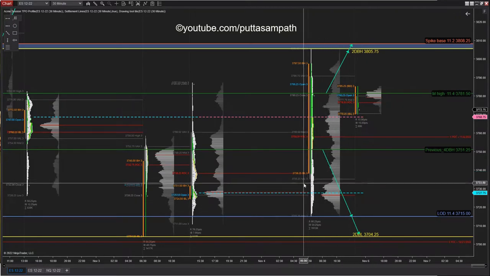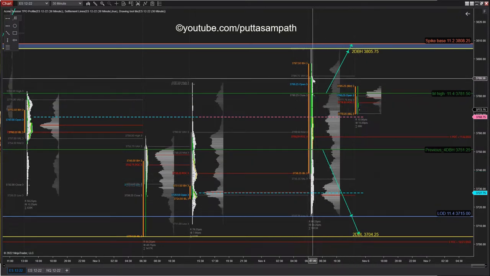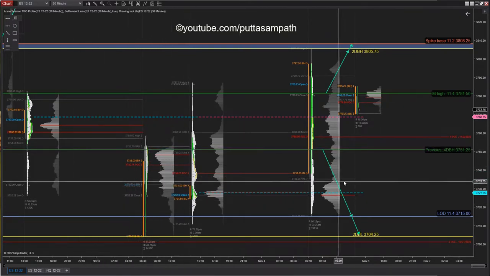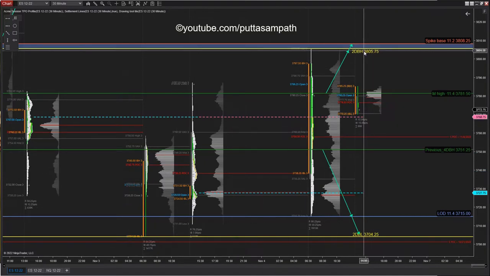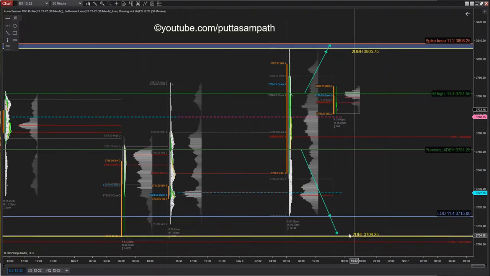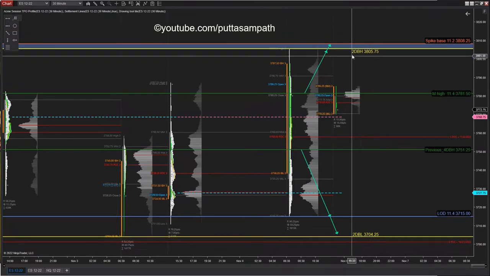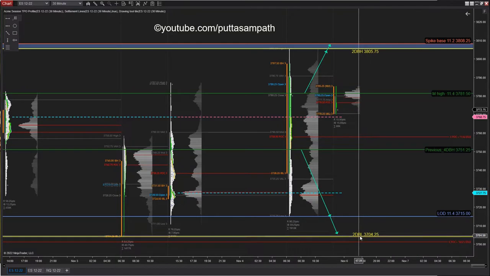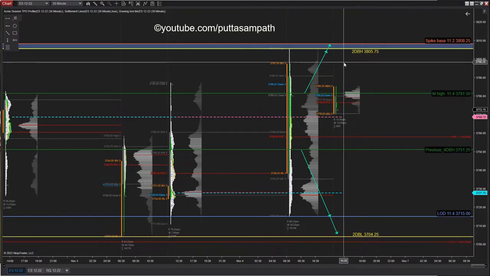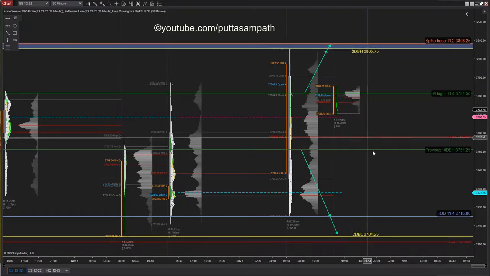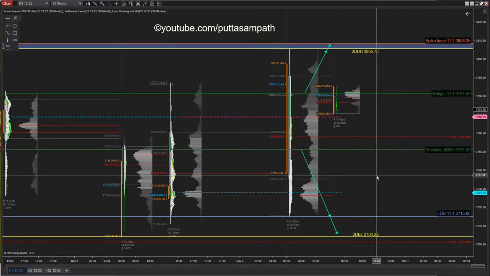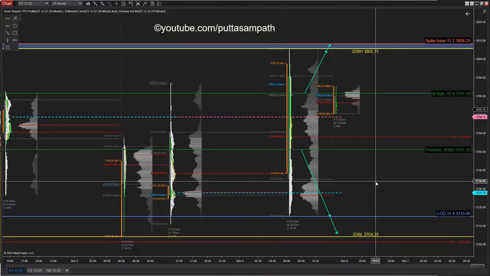However, interestingly, the value of the Friday session is overlapping with the value of the Thursday session, and so it makes it a 2-day balance formation. I have marked the levels as 2dBl and 2dBh, the low and high of these 2 days. 2dBl means 2-day balance low, 2dBh means 2-day balance high. Generally I try to mark balance levels in yellow, and I will keep the color codes in the description so you don't miss